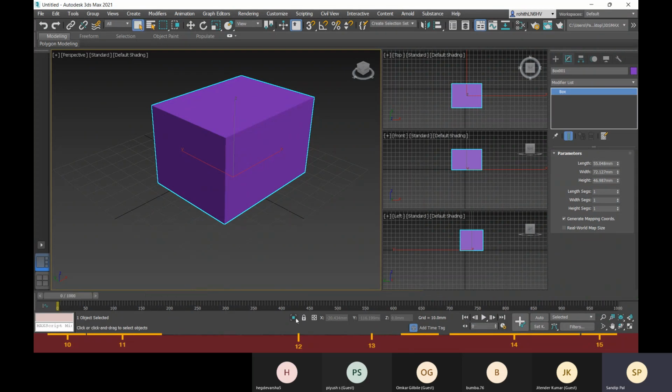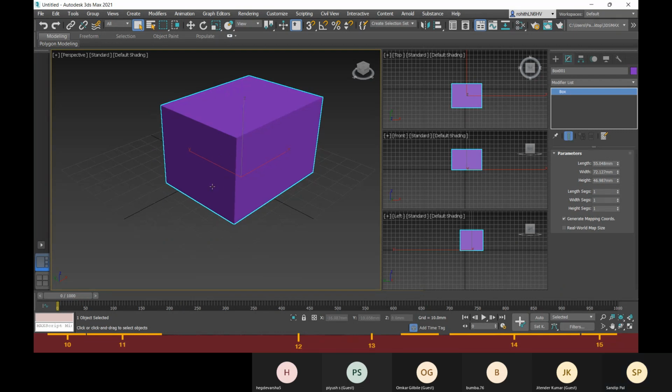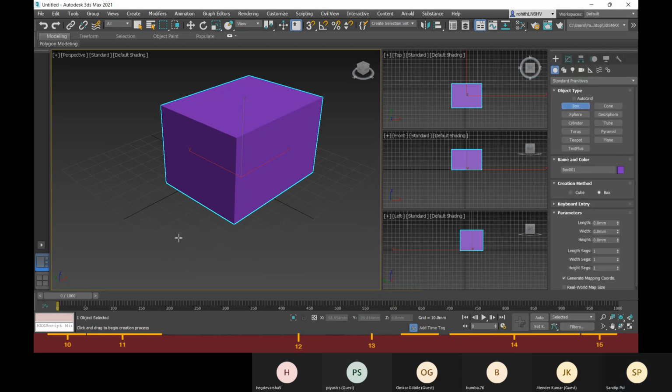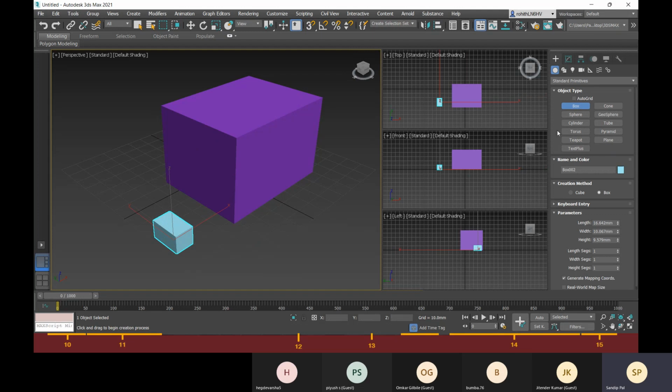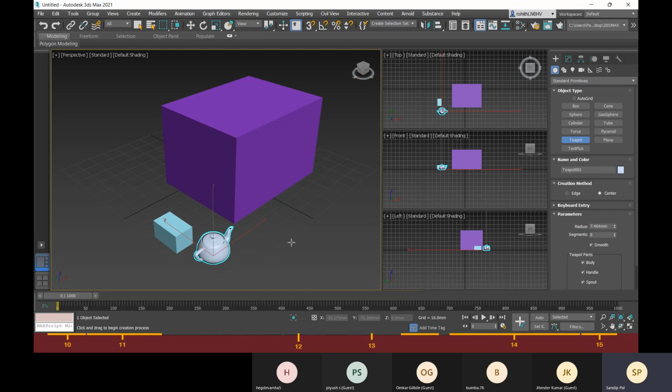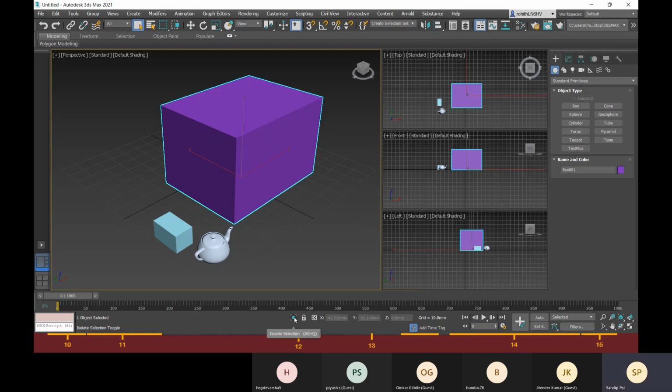Okay, and let me show you this isolate selection. Let me quickly create some other objects. Take this teapot.